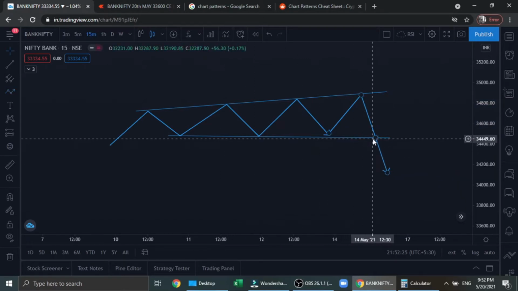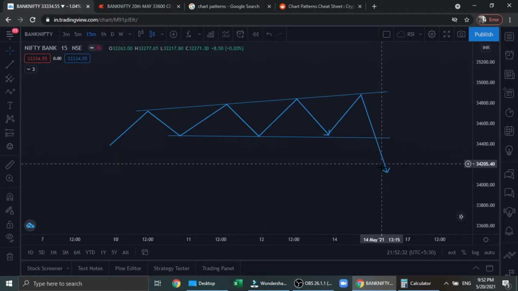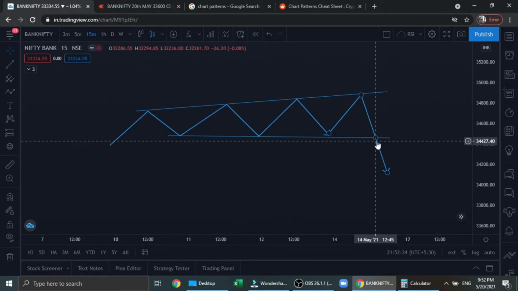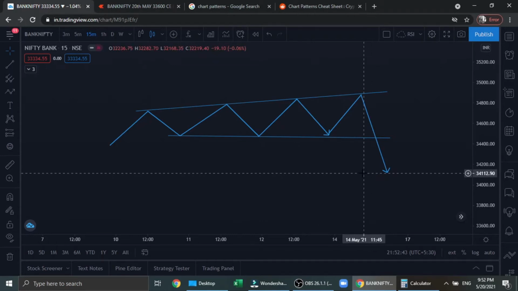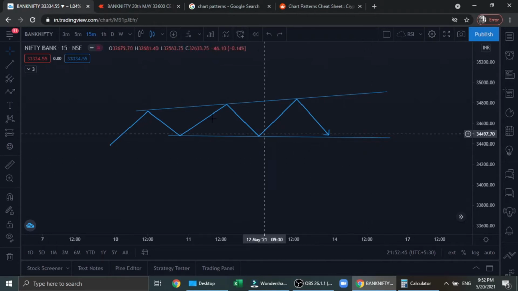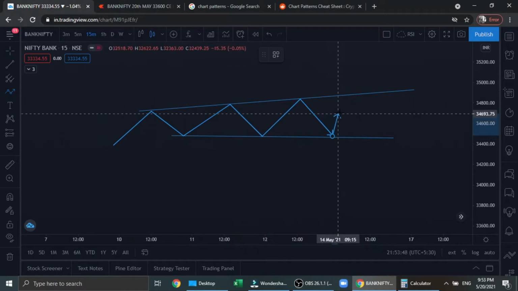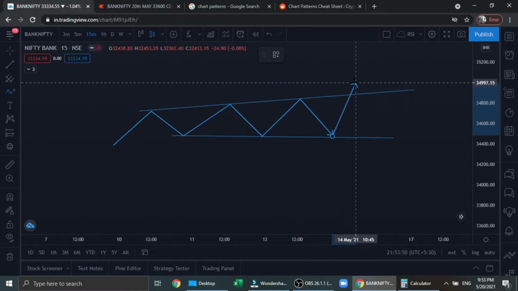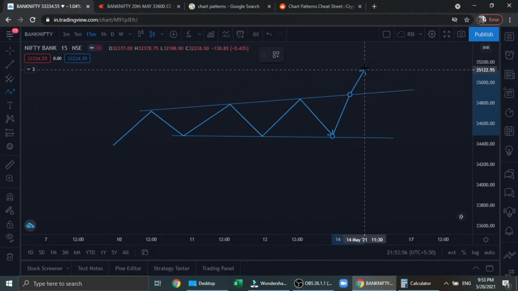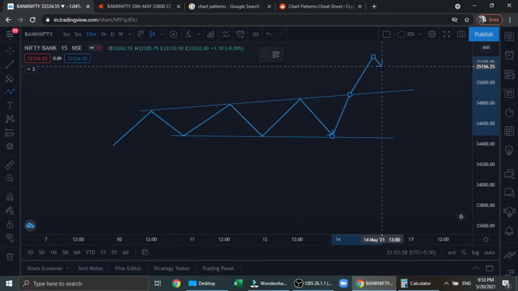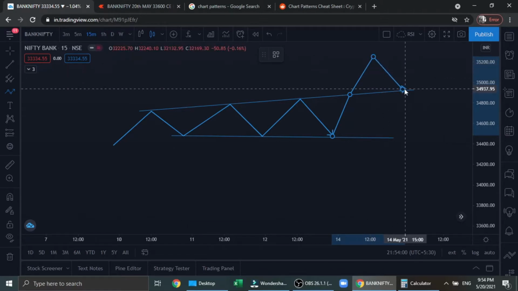So this is what we call breakout. This is where people start entering for downside. And suppose it is going for an upside break, and if the stock wants to break upside, then it may break the pattern at this point and then start moving upside. Then sometimes it may take support of the same line, then start moving upside.